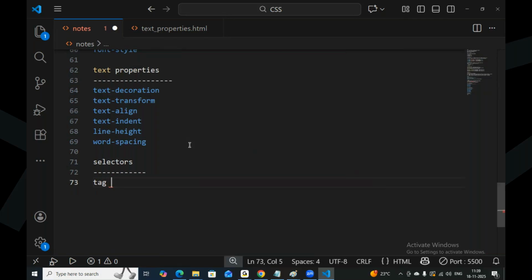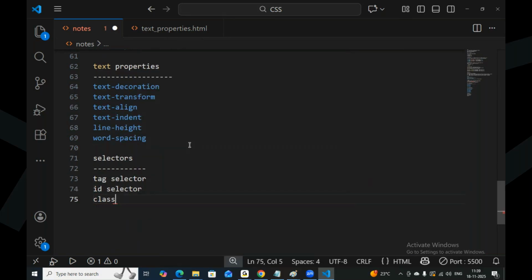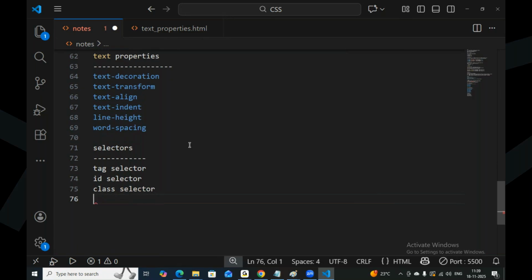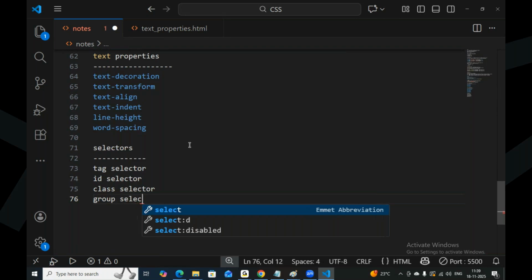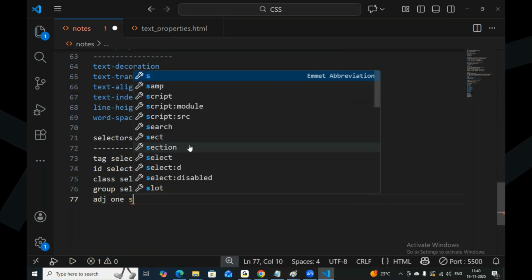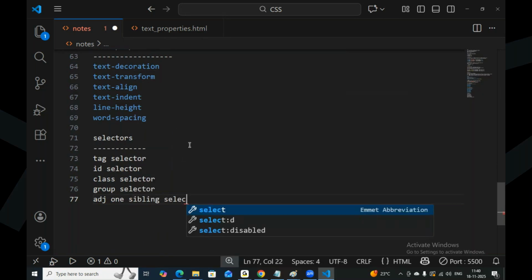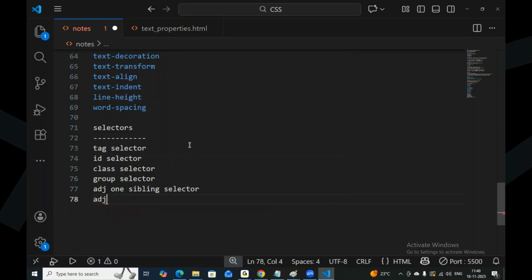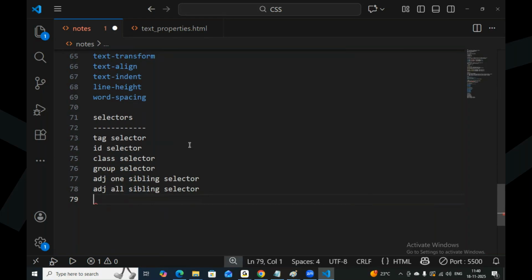Tag based selection, tag selector, ID selector, ID based selection, class selector, class based selection, group selector, adjacent one sibling selector, adjacent all sibling selector,